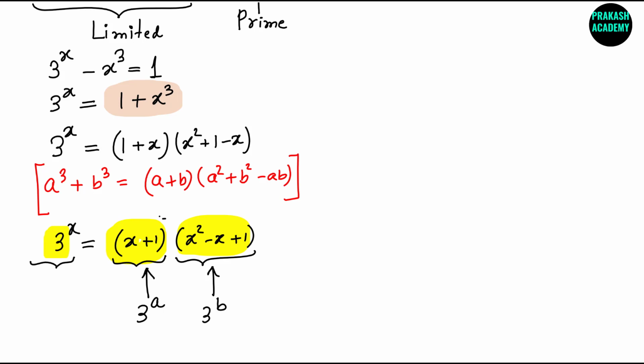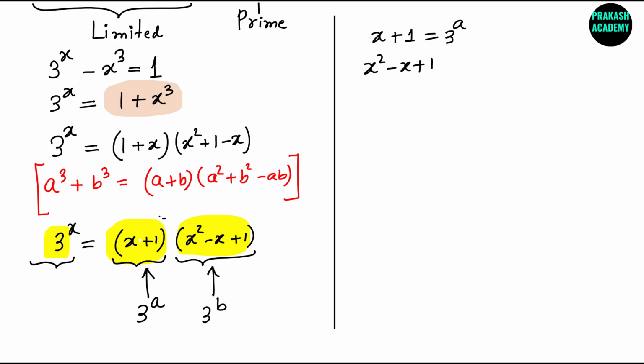So what I am saying is that x plus 1 is equal to 3 raised to the power a, and x square minus x plus 1 is equal to 3 raised to the power b. And this expression we can also write as 3 raised to the power x is equal to 3 raised to the power a multiplied by 3 raised to the power b, and then we can write 3 raised to the power a plus b,